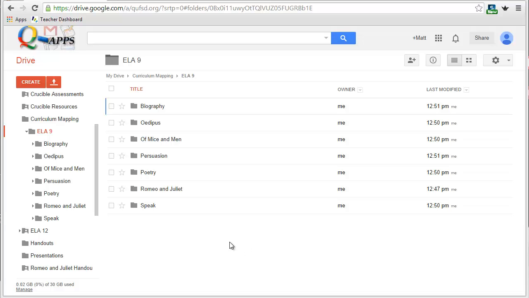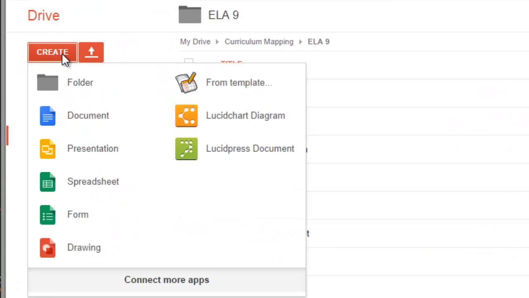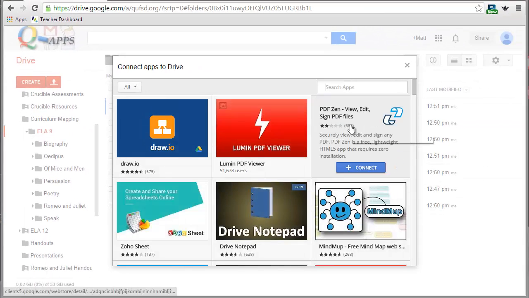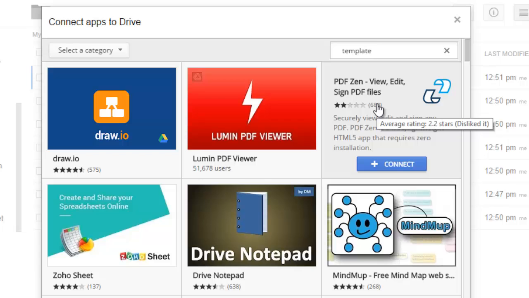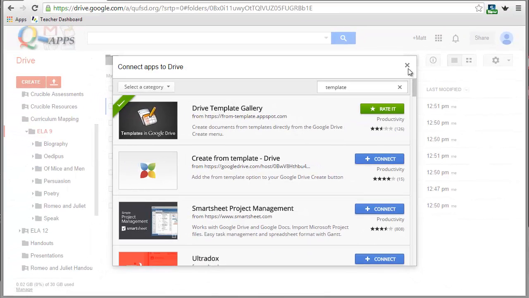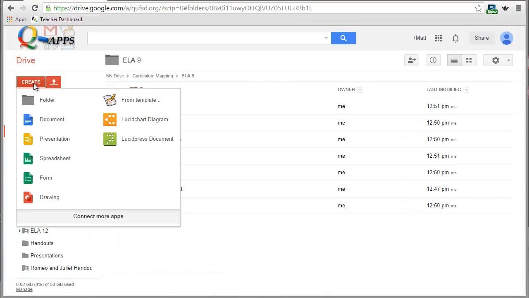The way that we get to our template gallery is we go to the Create button, come down to Connect More Apps, and choose Template. The first one that comes up is the Drive Template Gallery. You can see I've already connected mine, but you'll want to click on the blue Connect button for the Drive Template Gallery. When you do that, you'll have under your Create button a shortcut that takes you right to the